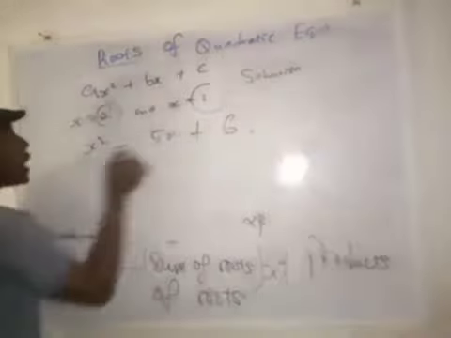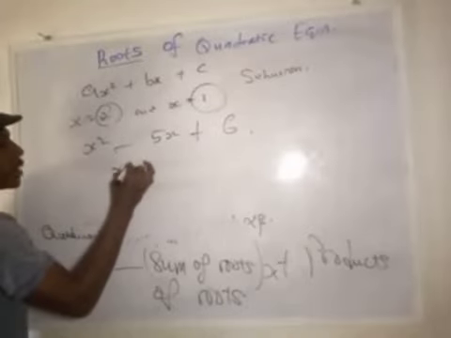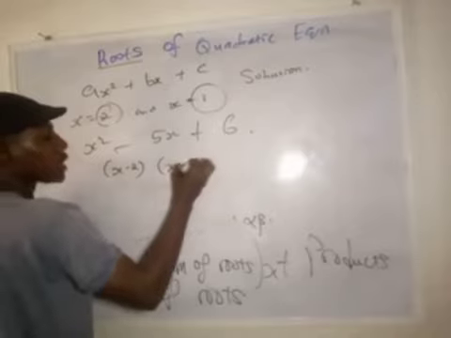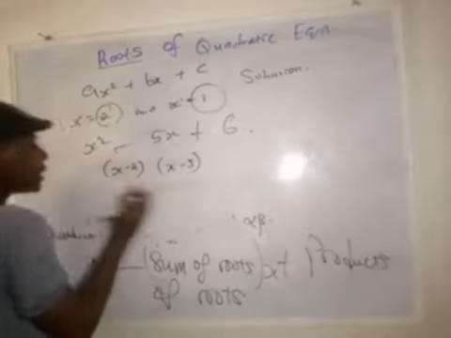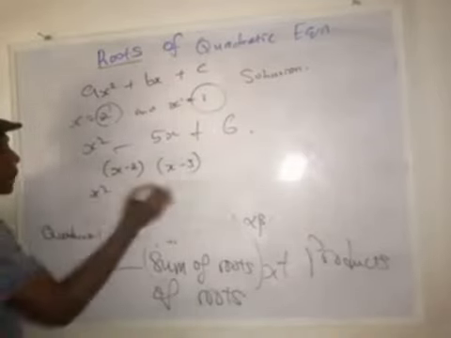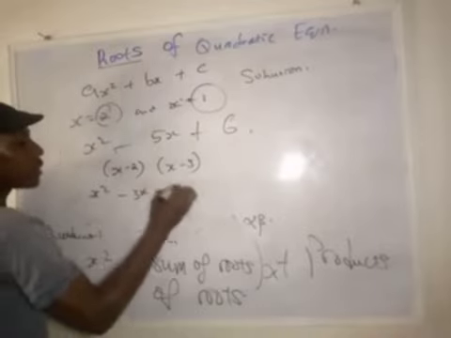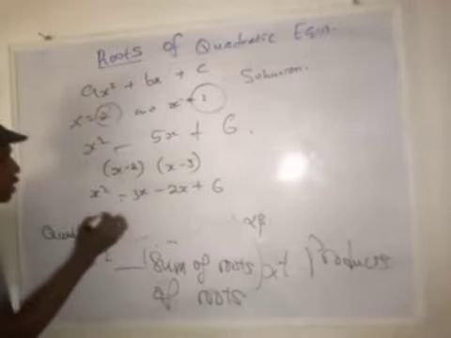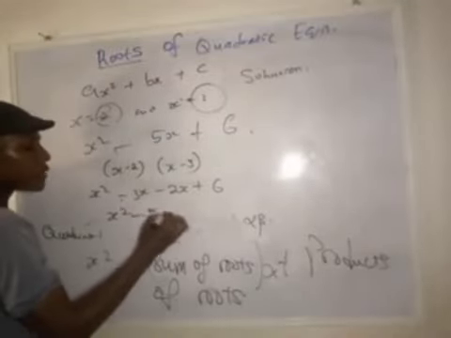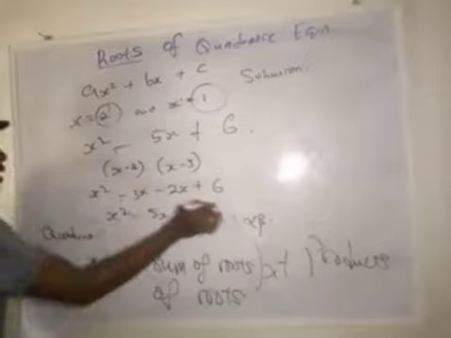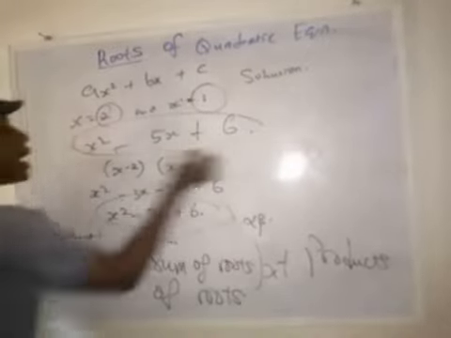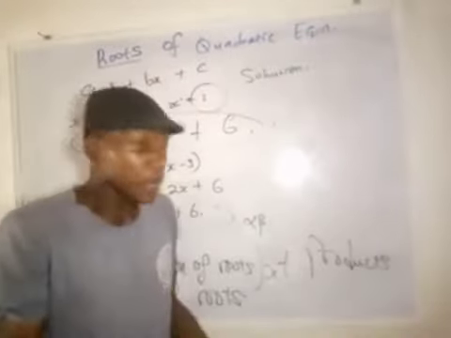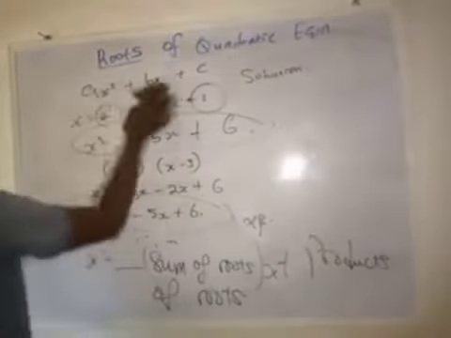It simply means that if I do it the same way, saying x minus 2, crossing the equality sign, and x minus 3, crossing the equality sign, is it going to give me something like x squared minus 3x minus 2x plus 6? Minus 3x minus 2x will give me x squared minus 5x plus 6. It's still going to give me the same answer. Are we getting something here? Do we understand something from what I'm doing? Now, let's say